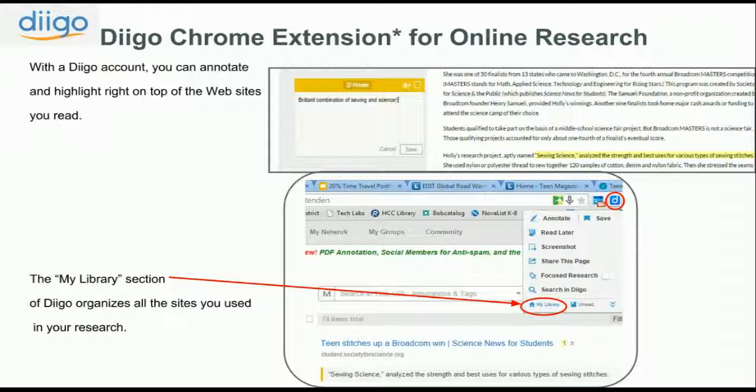And then in addition, there is an area of Diigo called My Library, which keeps track of all the websites that you've visited. And so you can go back to them and see a little snippet of the highlights and annotations that you made, or it just organizes it in a way so that you can find your websites